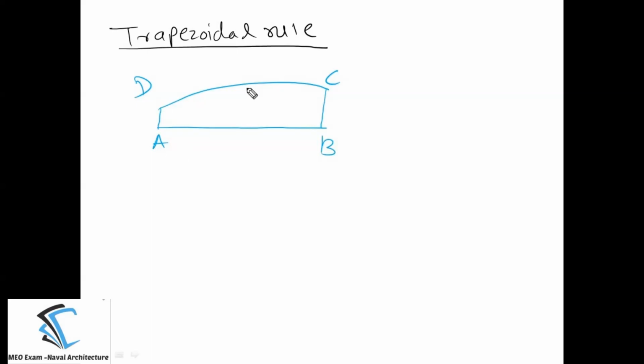So these are the vertical lines. You can see these vertical lines which I have shown now, these black color lines. These lines we are going to call ordinates, and these ordinates will be given quantities.